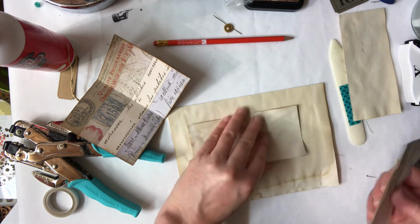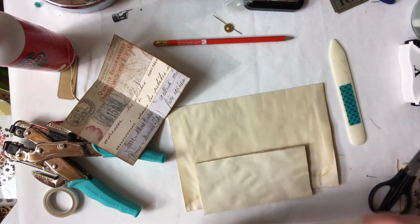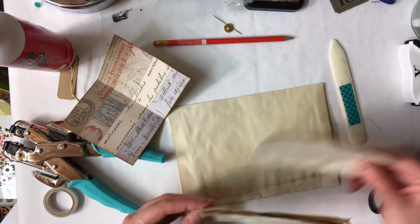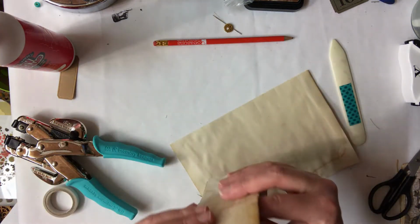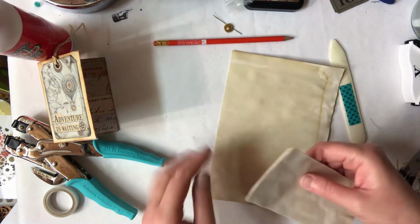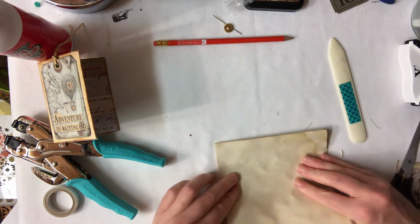I like the rough edges. Okay, so that's 2. Doesn't matter that it's slightly narrower. So that's 3. Is that going to be enough? No, I think I'd like another one. So again, we're going to...